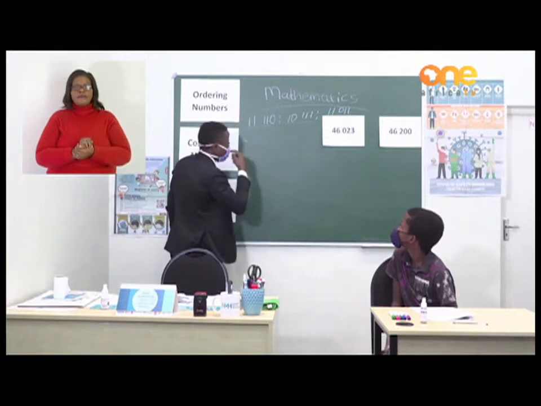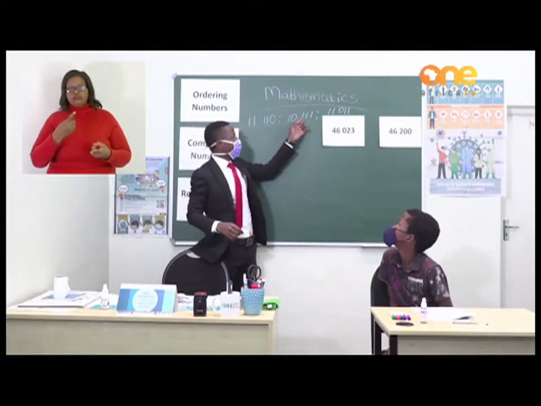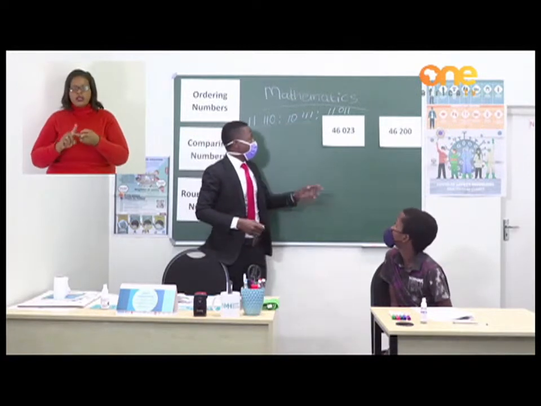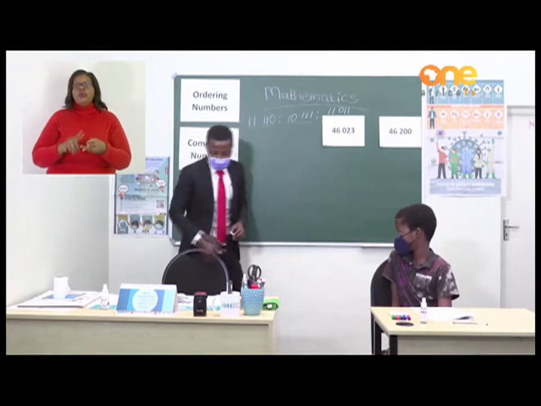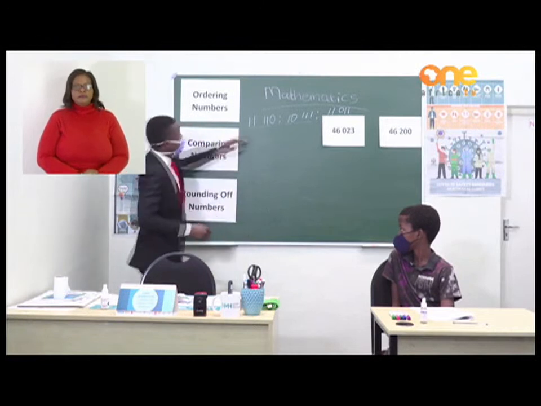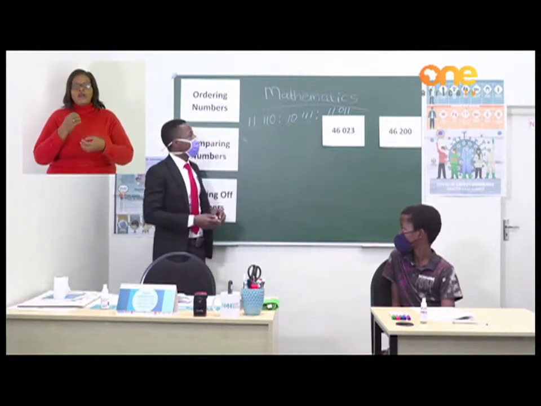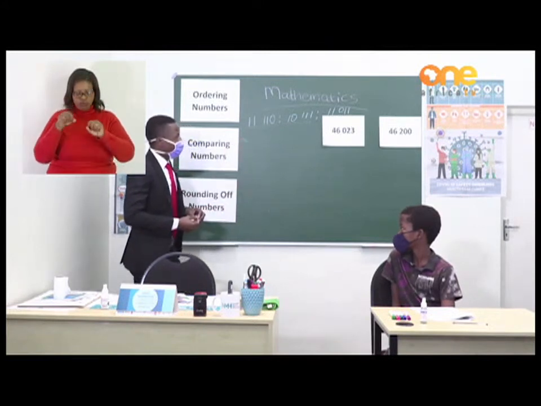The first one is 11,110. The second one will be 10,111. And the third one is 11,011. So to put these numbers in order, you need to know which number is the smallest and then which